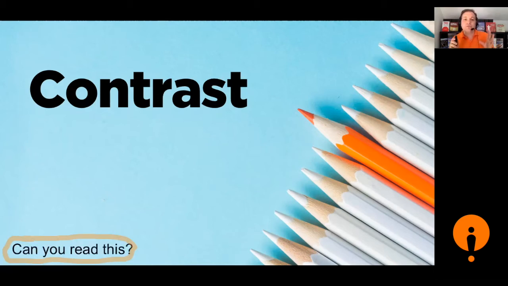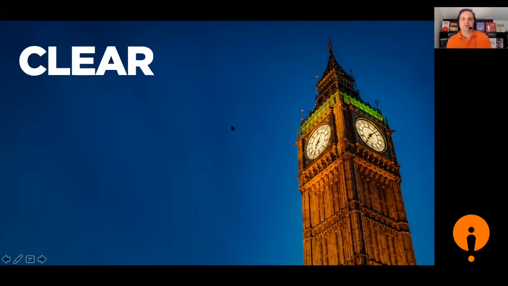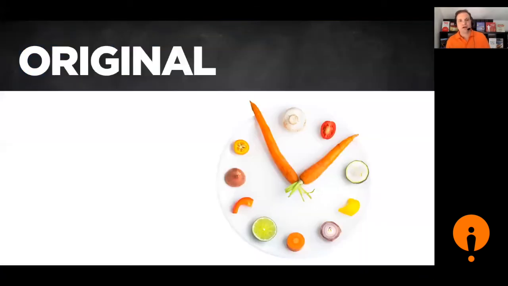So always, firstly with your contrast, make sure that things are easy to read for the person on the other end. And secondly, I've just used that to explain the difference between the PowerPoint pen and the Zoom pen, because the Zoom pen will stay there until you get rid of it, which is exactly what I'm going to do right now. So let's move ahead, because that's the point about clarity. Make sure everything is big enough and the contrast is clear for everyone. After that, you want to make things original. Now, here's another clock. You see, everything's related to time here.